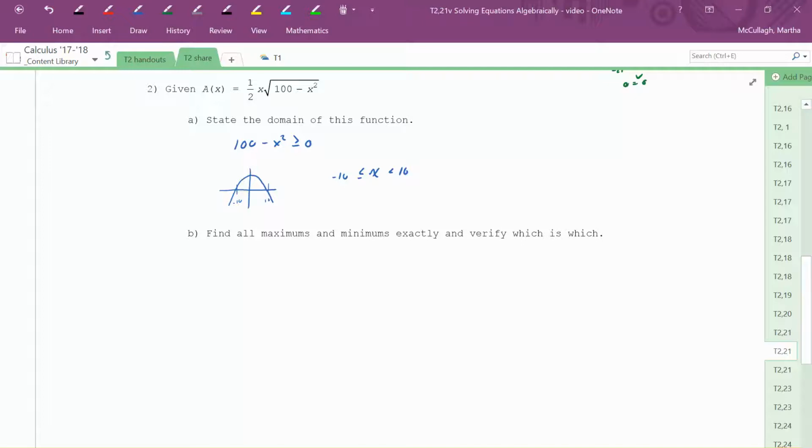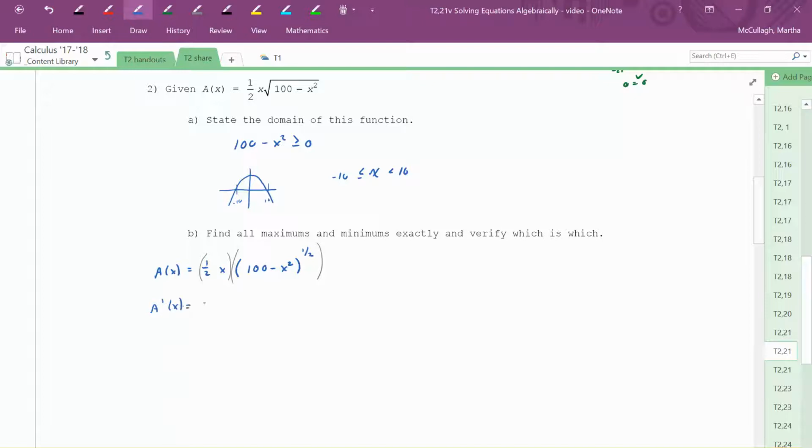So I'm going to take my original function, write it back down here again so I've got it where I can work with it, equals 1/2 x, and I'm going to rewrite it in a form where I can take the derivative. So instead of that radical sign, I'm going to use the exponent of 1/2. So taking the derivative, I've got to use the product rule. I've got this as my first and this is my second. So my derivative